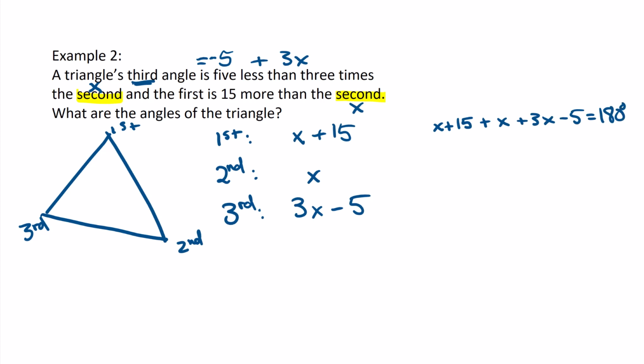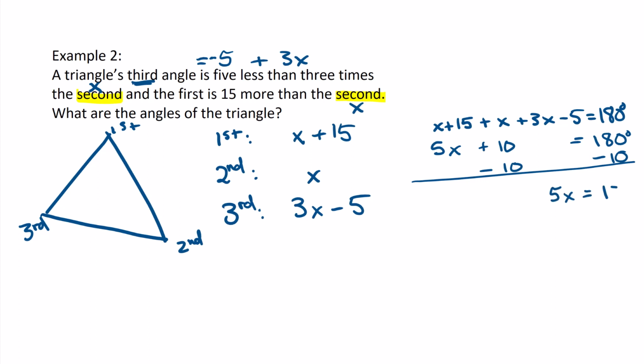Now we can combine like terms. So we have x plus 3x, so 5x. 15 minus 5 is 10, and that's equal to 180 degrees. We're going to subtract 10 from both sides. This gives me 5x is equal to 170. Now if I divide by 5 on both sides, I get x is equal to